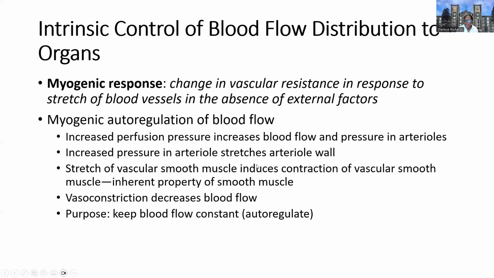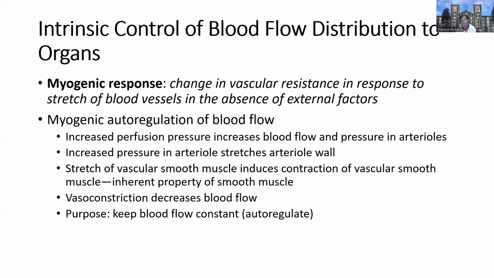And it's really a protective mechanism for the blood vessel. So if we have increased perfusion to an area, this is going to put stretch on the wall of those arterioles. And that stretch results in contraction or constriction of the smooth muscle. So again, an inherent property of the smooth muscle, a protective mechanism to prevent overdistension, overstretch, and that causes reflexive